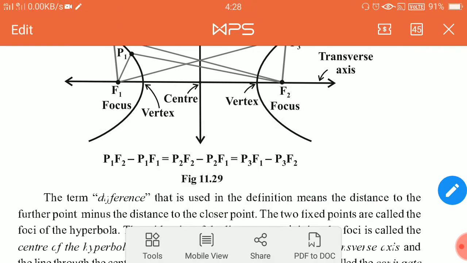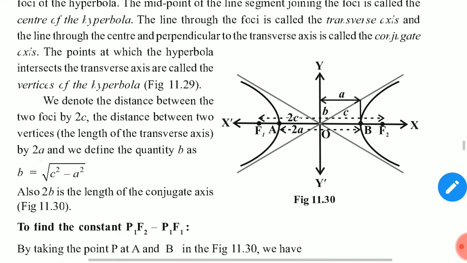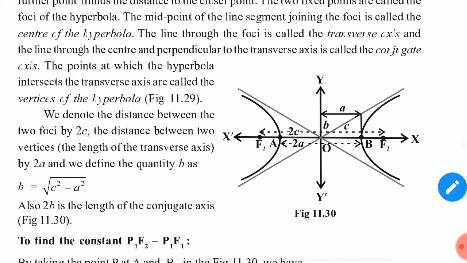Now see here how you will count those differences. Suppose you have to take one difference, PF2 minus P1F1. So how will you count that? This is the same diagram of hyperbola, x-axis, y-axis, both sides. This is the curve of hyperbola. Now suppose this transverse axis, which I explained, goes from A to B. This distance is always counted as 2a. The transverse axis is always equal to 2a, from A to B.